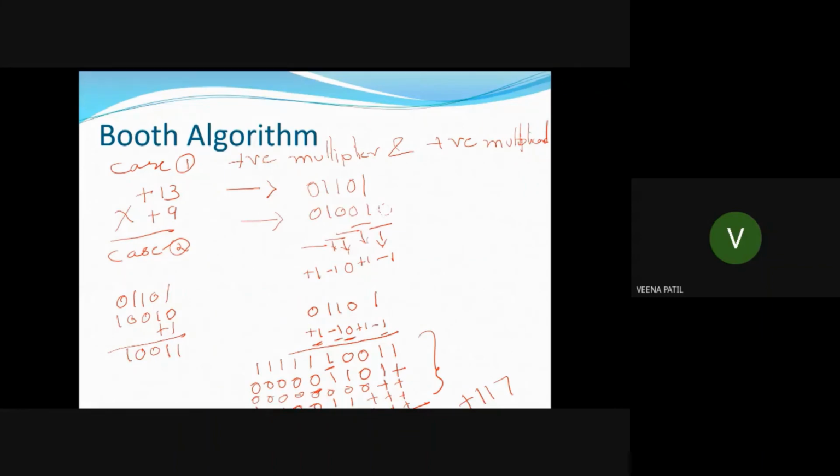Now quickly try to convert this 117 using your calculator into a binary number and tell me what will be the sequence. 1 1 1 0 1 0 1. How many bits? 1 2 3 4 5 6 7. But our answer should be 10 bits, right? So simply extend or occupy the remaining bits as 0. So this is my final answer.